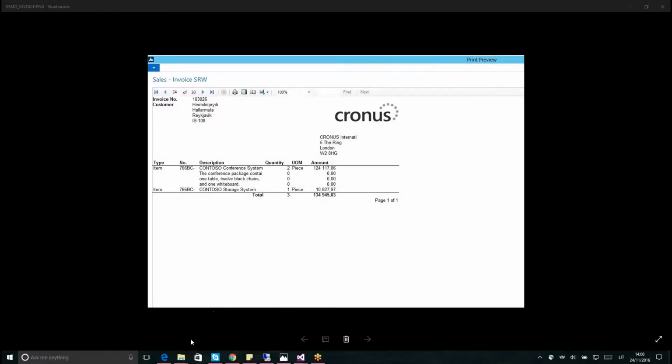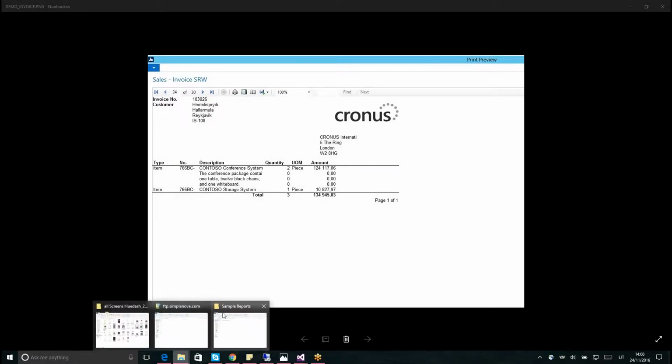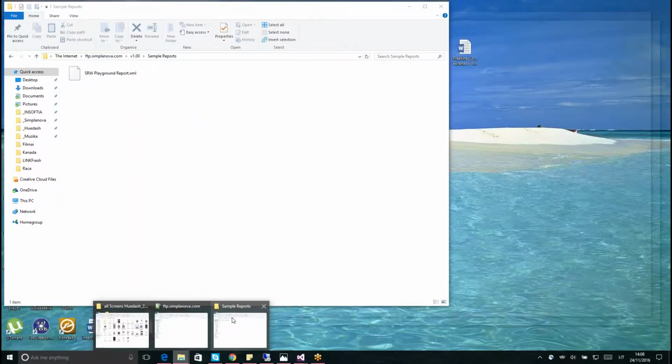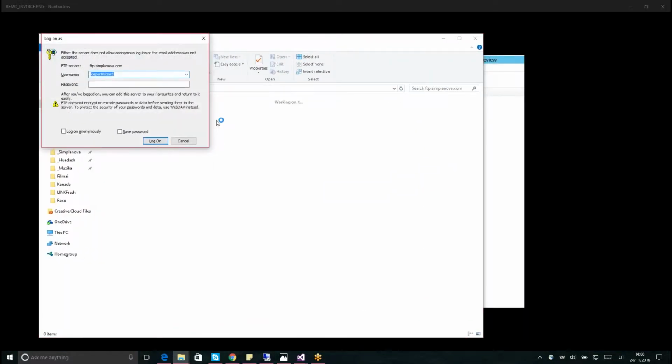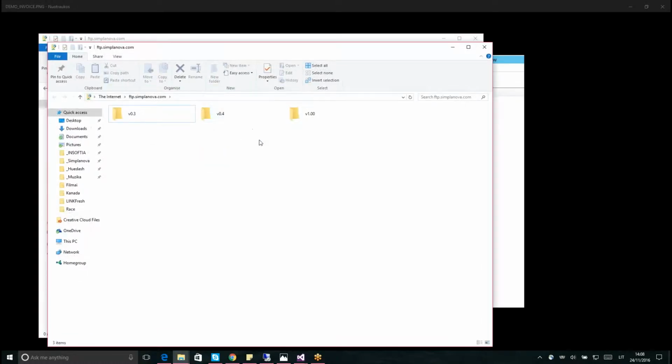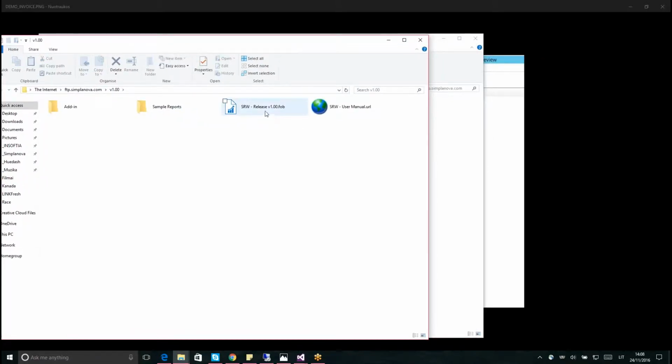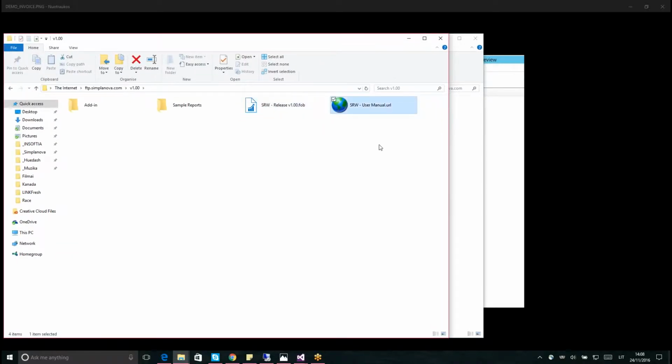So first of all, I'll be showing how to set up the tool. What we need to do is go to the address ftp.simplanova.com using the Report Wizard login name and no password. If I go there, I find the latest version, which currently is 1.0, and here we've got the FOB file with the latest objects for the Report Wizard, also a link to